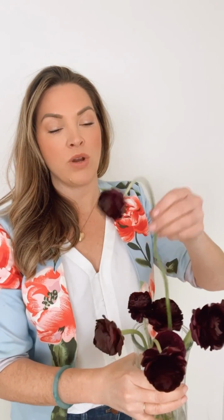Sometimes you get ranunculus and they're extremely strong stemmed, straight, no curves, but often this is a typical sample of what you get. Ranunculus tend to have thinner stems, and sometimes the heads of the ranunculus are too heavy for the stems, so they'll completely bend or they will curve like this one. Doesn't mean the product's bad,